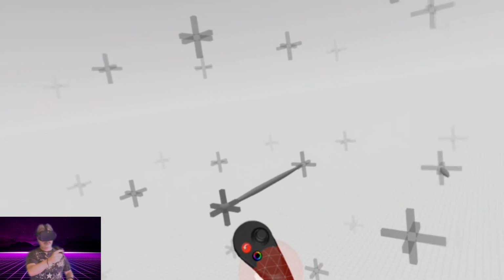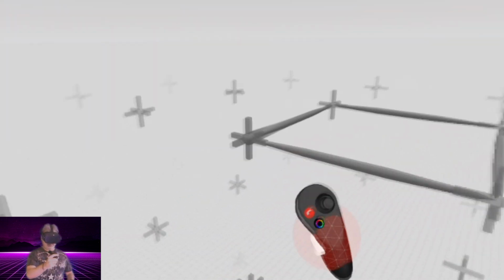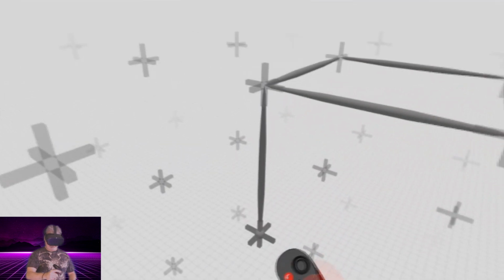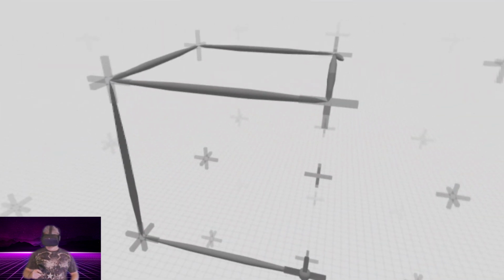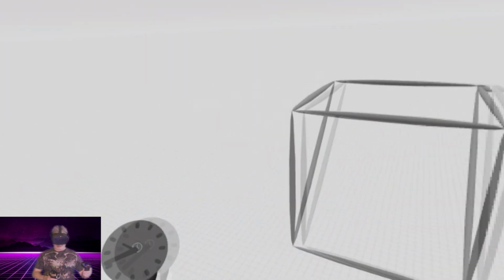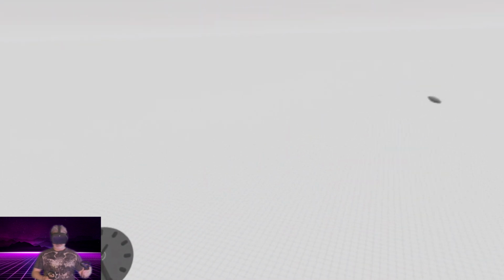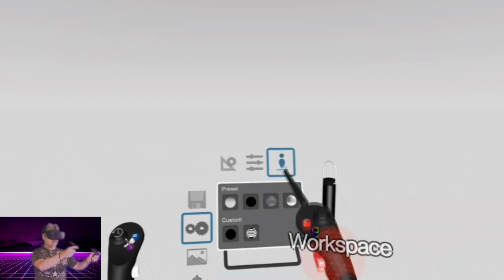Basically, you can draw a line from point to point in 3D space. This gives you some incredible precision for creating your models, so you can just draw a line from point A to point B until you create an object. It's pretty cool. Now we'll take the grid off, and you can see the model that you created. Also, with the left touch controller, you can go back in time just by rotating counterclockwise.